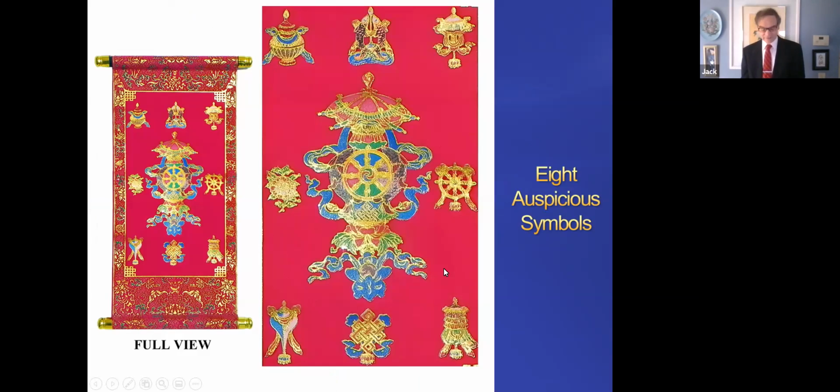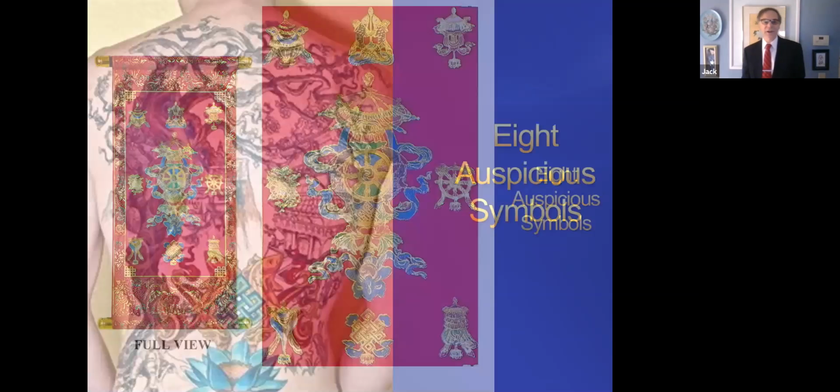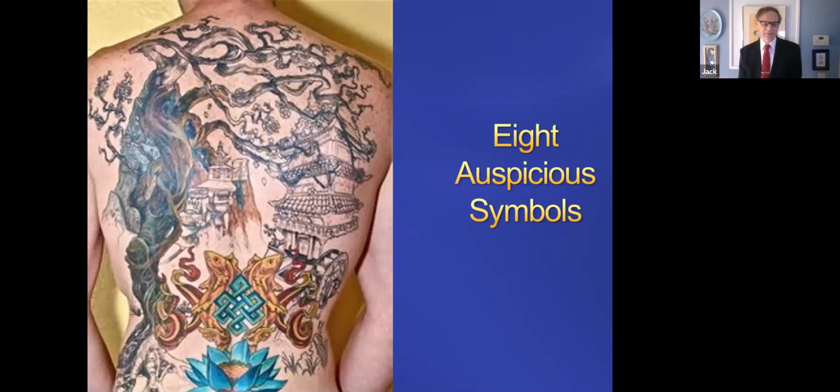And of course, they could be on anything, not necessarily tapestries or paintings. Here's an example, and these are very, very popular for tattoo art over in Asia. You'll see many people that will include these symbols on tattoo art in Asia. Here's the knot and the fish and the lotus flower. Okay. Now, that's in Asia.